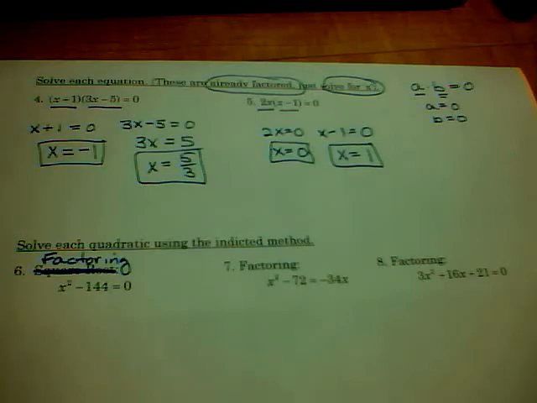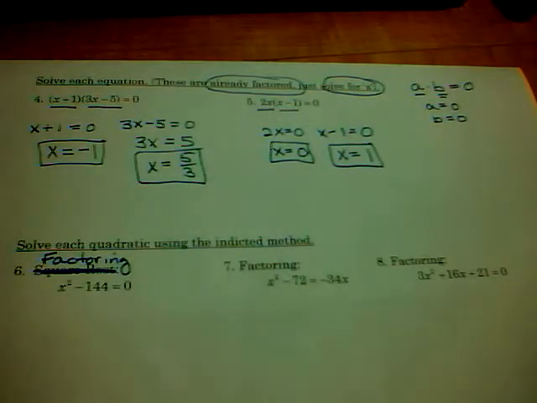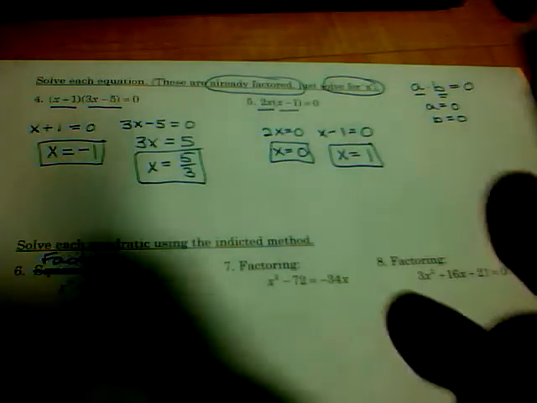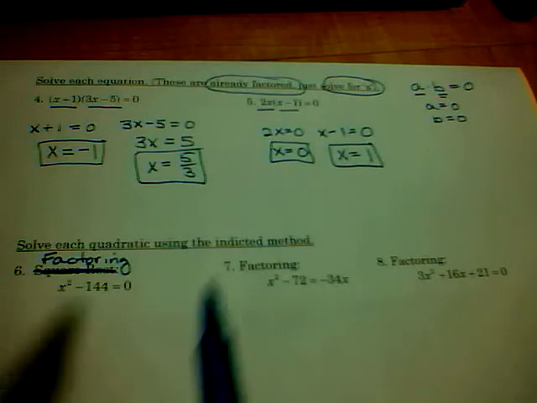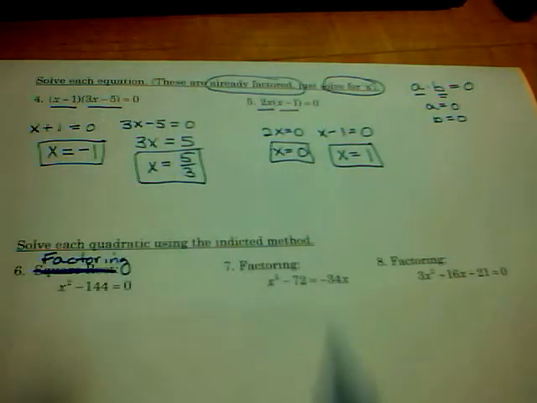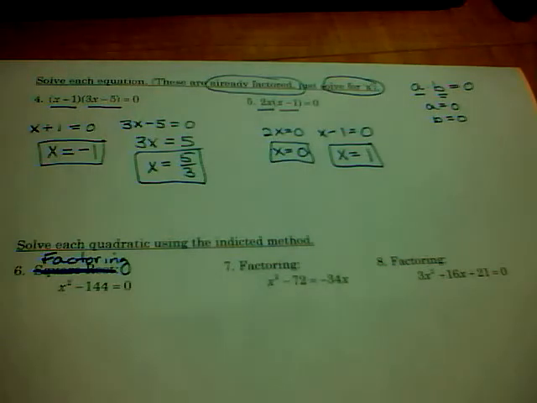All right, now we're going to move on to questions 6, 7, and 8. 6, 7, and 8 are factoring questions. We'd like you to solve these by factoring. So it's going to be similar to problems 4 and 5 on the topic, except 4 and 5 are already factored. So first we have to do what we did in questions 2 and 3, which is get the equation factored. Then, once it's factored like it was in questions 4 and 5, we'll just apply the zero product property and find our values of